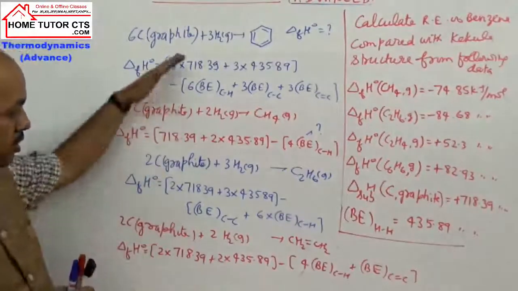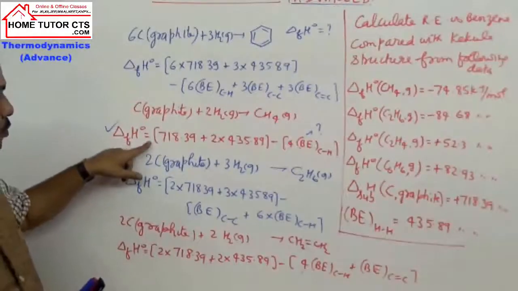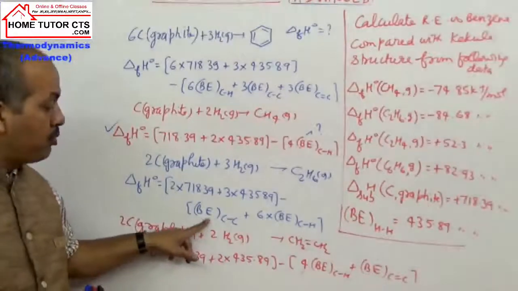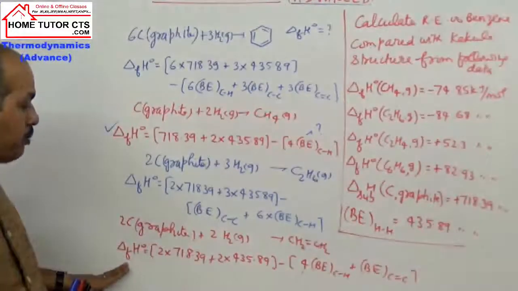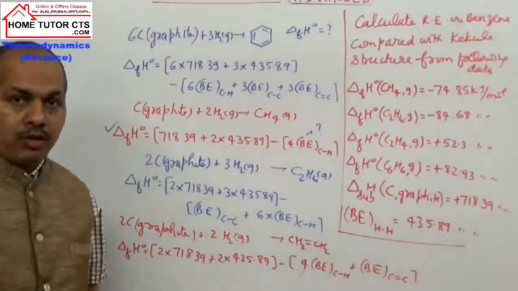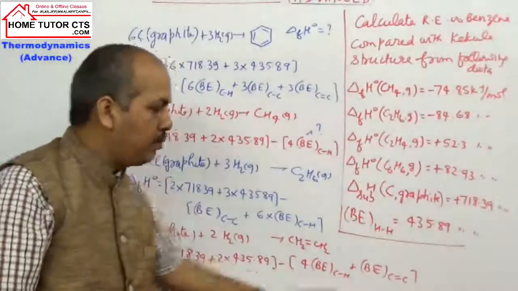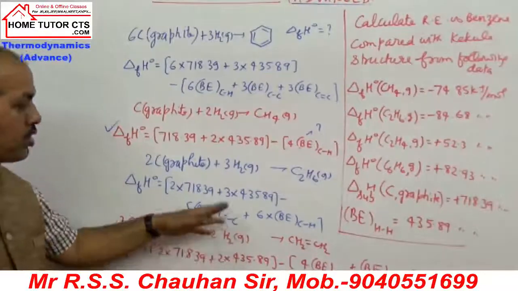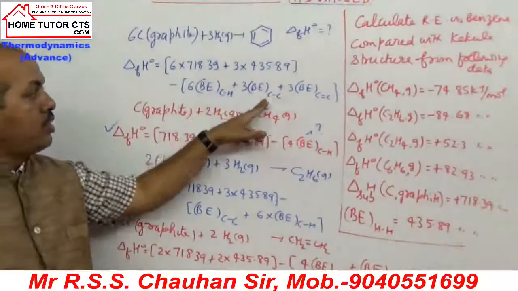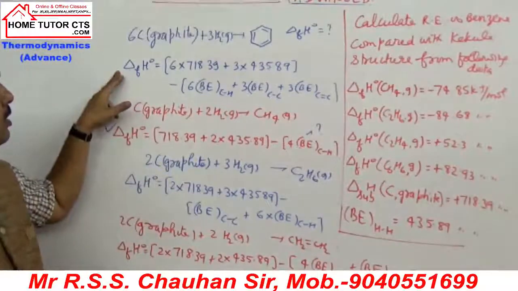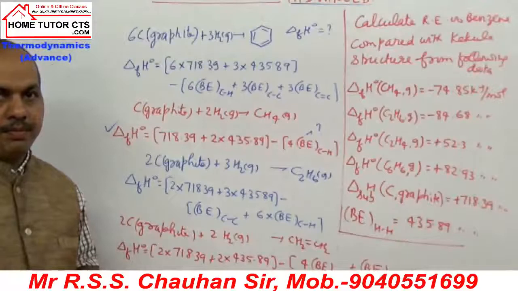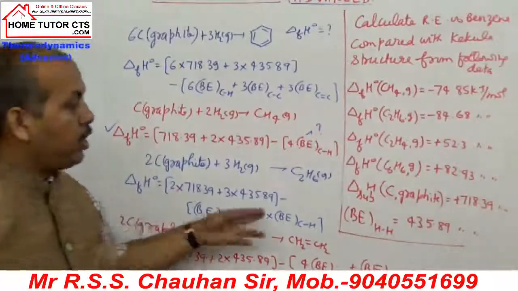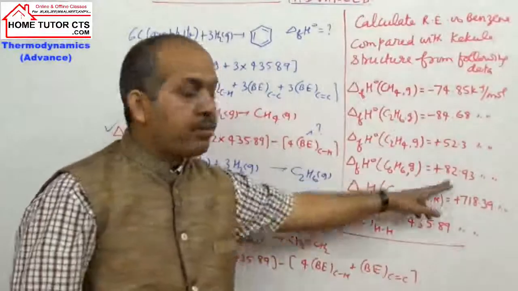Now you can see from these 3 expressions: from expression number 1, we can get the bond enthalpy of C-H single bonds. From the second expression we get the bond enthalpy of C-C single bonds, and from this expression we get the bond enthalpy of the C=C bond. That is what we take here: calculation of bond enthalpies. After getting the bond enthalpy of C-H single bond, C-C single bond, and C=C double bond, we can get the theoretical heat of formation. And the experimental heat of formation is already given to us.